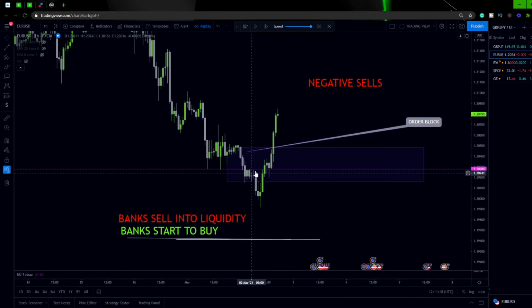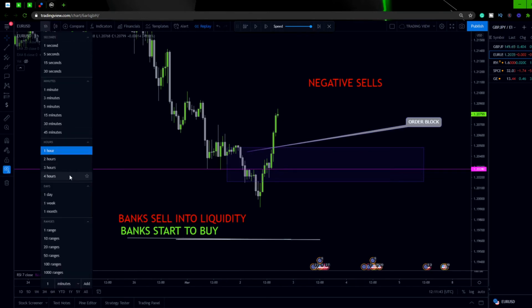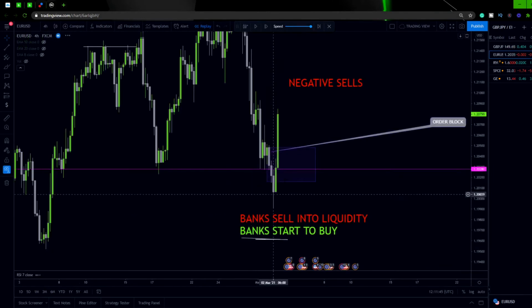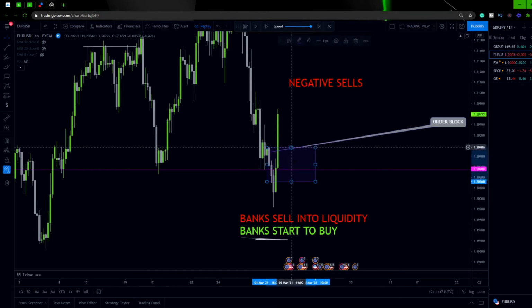Now, some people say that it's the last down candle before the up move, and in a lot of cases that is the case, but what you've got to remember is price is very fractal. On the 1 hour time frame, this is the last down candle before the up move. However, if you were to keep dropping down to the lower time frames, there are going to be more down candles before the up moves. And to be fair, if you were to drop out to the 4 hour time frame, you could even make the case that this is your order block here,